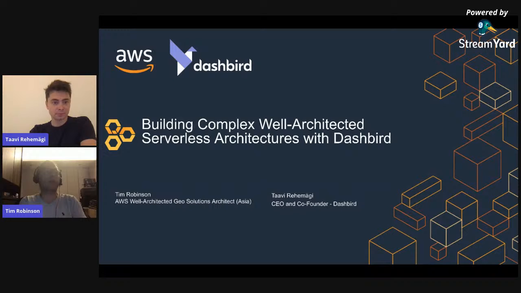We're going to run through a brief overview of well-architected, perhaps start with a little bit of the history about how well-architected as a movement has evolved, and then we'll go into the value of the well-architected framework, a little bit of a deep dive about how it's structured. Maybe we'll talk a bit about lenses, and then we're going to pass across to Tavi, who's going to talk about how he can help specifically in line with best practice on serverless architectures. So let's get going. We have the first slide.